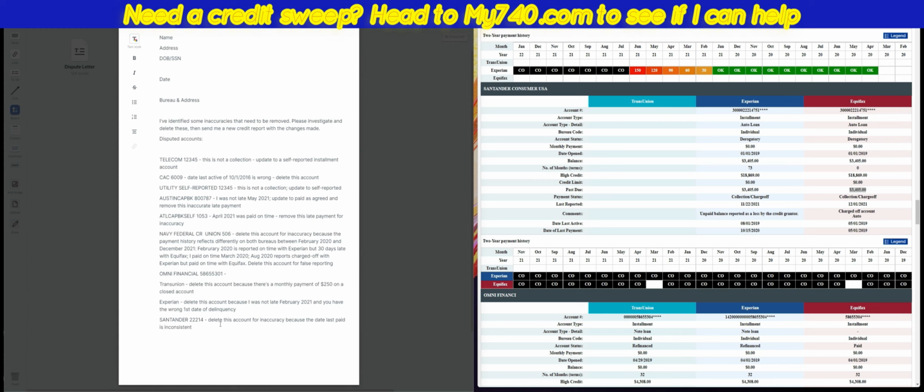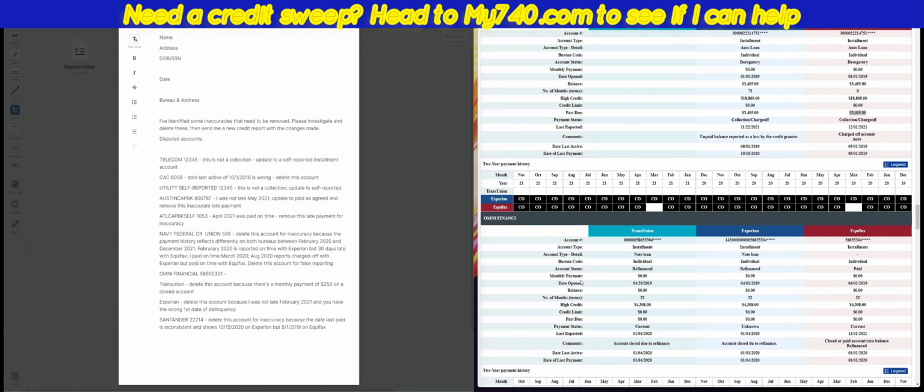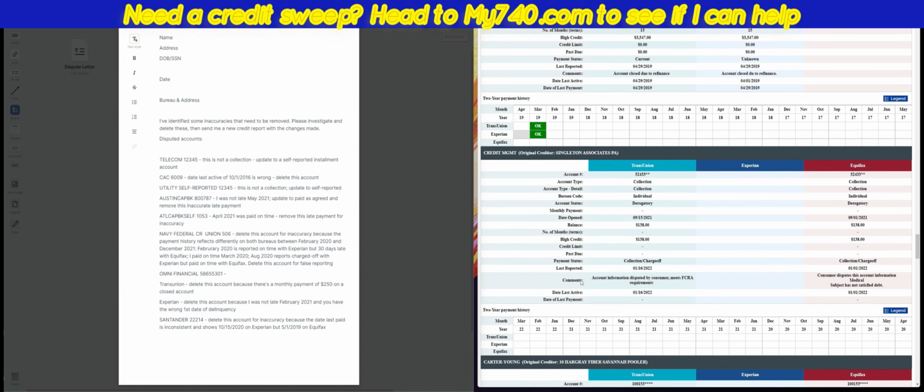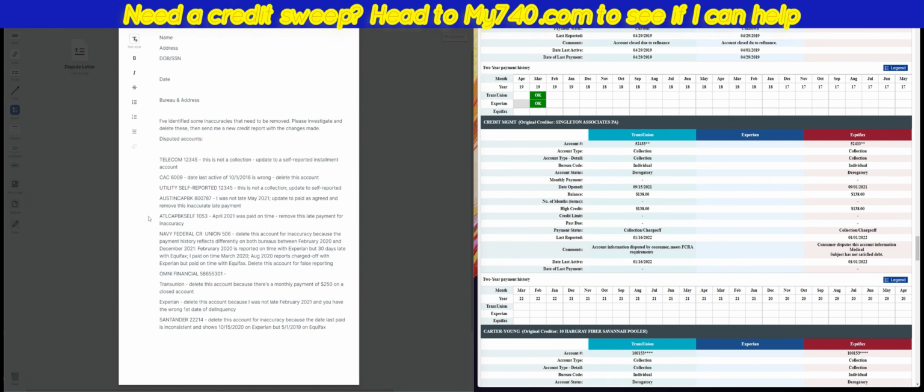inconsistent and shows 10/15/2020 on Experian, but 5/1/2019 on Equifax. You see, everything is about taking the facts from the credit report, and that is how you remove it from here. Okay, so this is just a regular collection, so we're just going to say credit management,